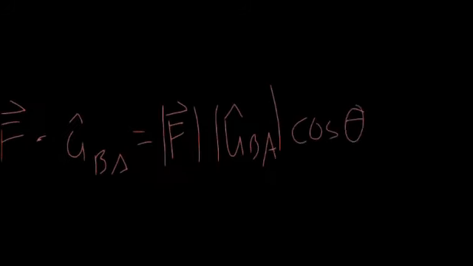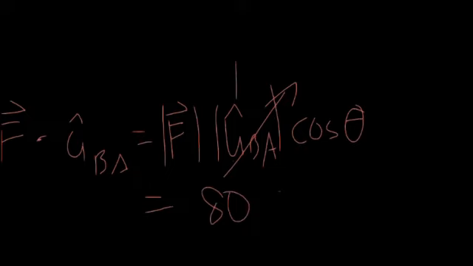The length of the unit vector is 1, so we just take the magnitude of the force vector, which is 80 pounds to be exact, times cosine of the angle between them,